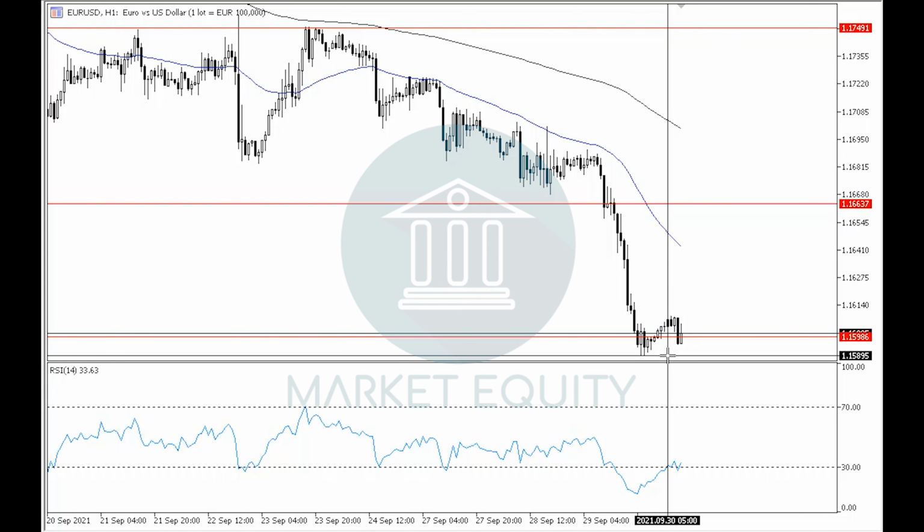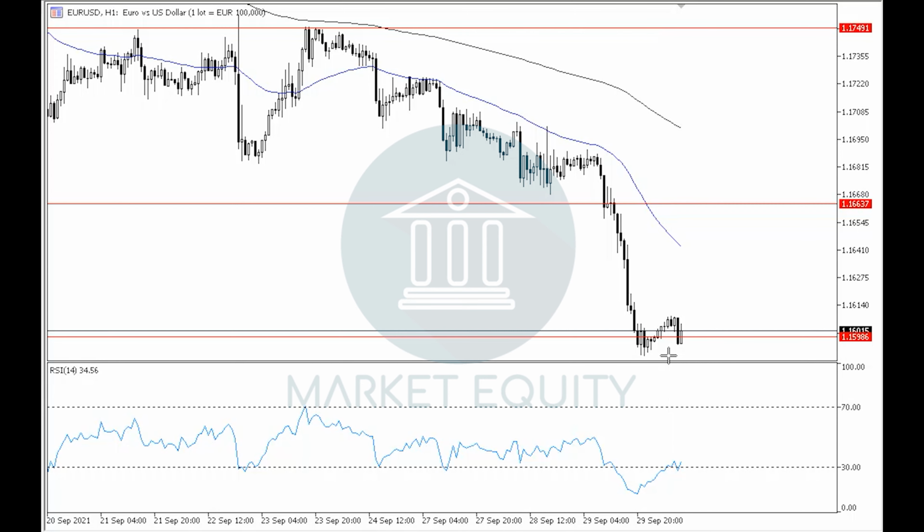However, if we compare the rebounding upwards off of this level to the previous downwards movement, then we can see that it is considered a weak rebounding up, and therefore it increases the likelihood of breaking down through level 1.1590, which, as we said in that case, will support the continuity of the downtrend in the daily time frame as well as the 4-hour time frame, and will support the targeting of around level 1.1420.